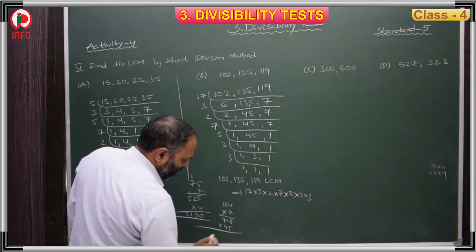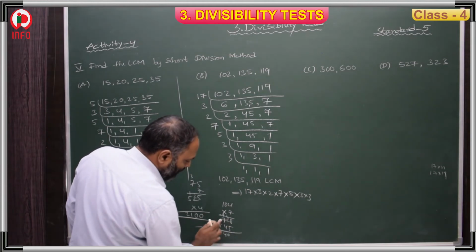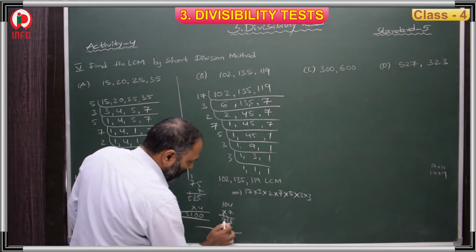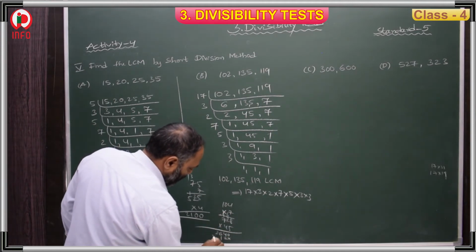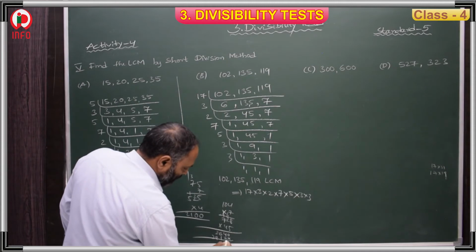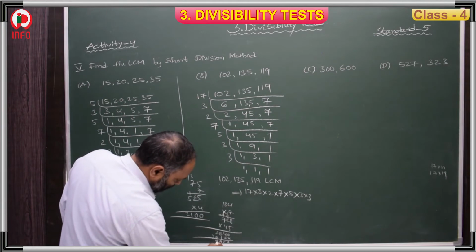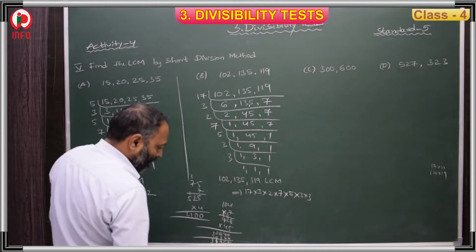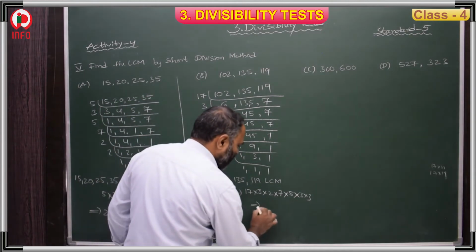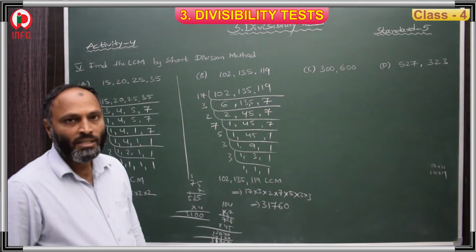Multiply with 45. 5 eights are 40. 4 fives, 2s are 10, 14, 1 1 and 35, 36. 4 eights are 32. 3 4 2s are 8. 11 1 4 is 28, 29. Now 0 6 7 3 9, 9 10 11, 3 1 7 6 0. This is your LCM.